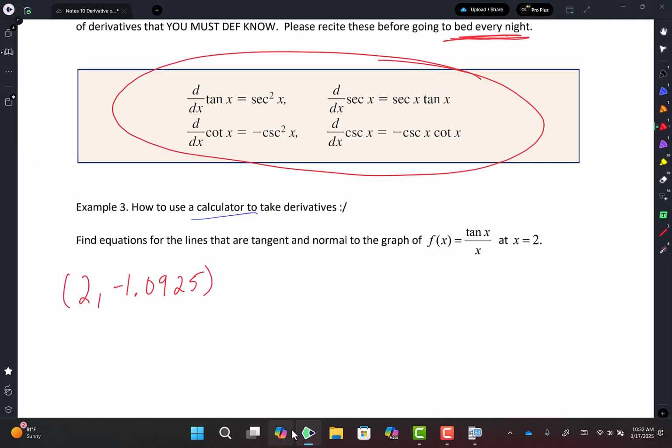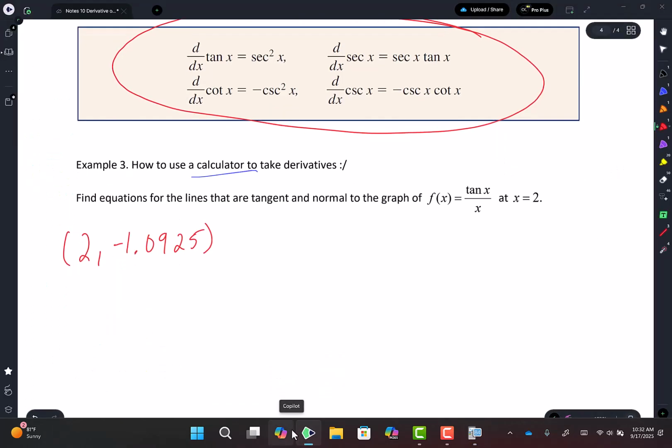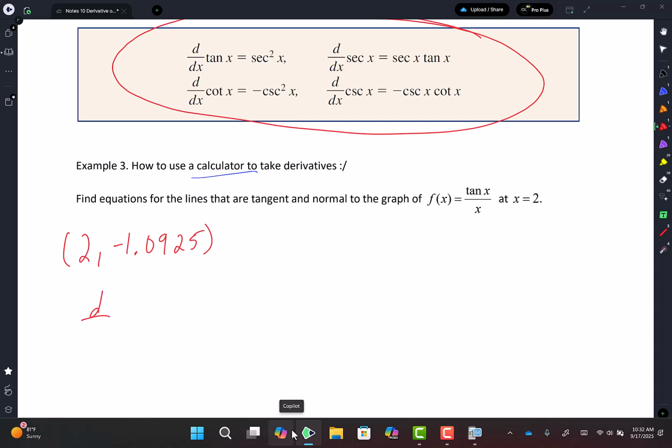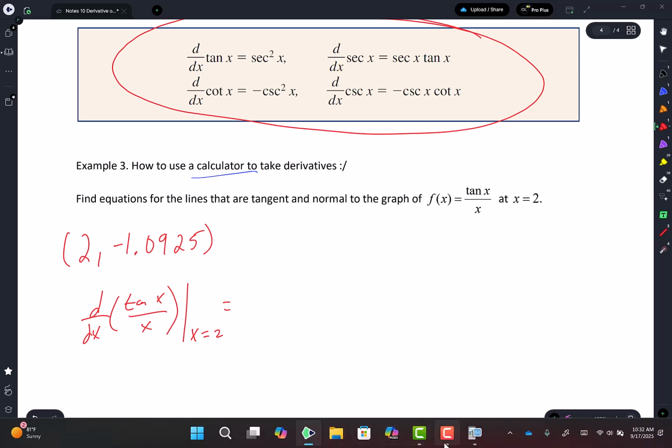And now I want my tangent slope, right? So I'm gonna tell my calculator, I'm gonna go d dx. Don't worry, I'm gonna show you how to get that. Tan x over x evaluated at x equals 2. So there it is. My derivative of tan x over x evaluated at x equals 2 is,